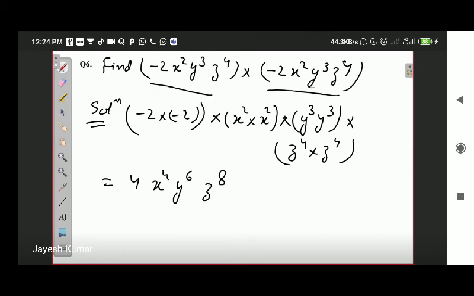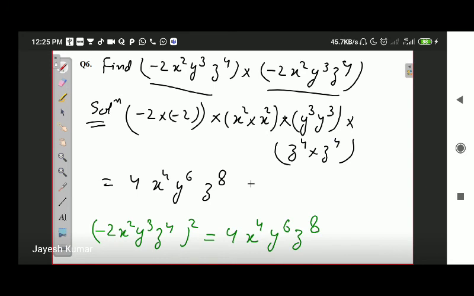You can also see that both the polynomials that we are multiplying are exactly same. So what we are doing is simply the square of each term. Alternatively you can also try it as minus 2 x square y cube z4 whole square. Okay, the answer will be same. This is a question based on your observation. You can try it with either method, first method or second method. That will be up to you, but the question is relevant because it gives you the observation about whole square.